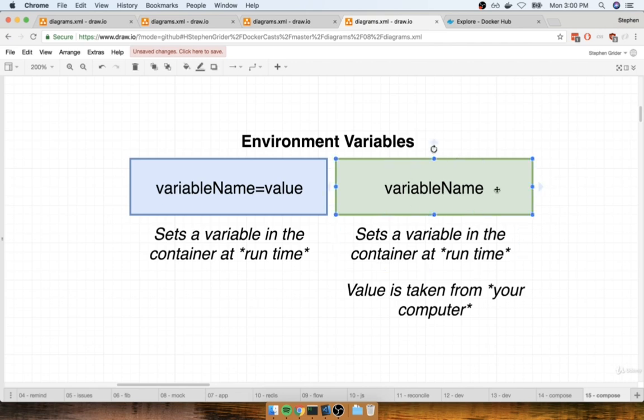And you'll see another syntax over here for setting up an environment variable on the right-hand side. You can specify just the variable name by itself without any equal sign or any value for it. If you specify just the variable name, then the value for this variable is going to be taken from your computer. So if you have some environment variable set up on your machine, like let's say some secret API key or something like that, that might be when you want to use this variable name syntax by itself without specifying any value. Because then you don't have to hard code in any specific value for the API key or for the environment variable. It'll be taken from your machine at runtime and it's not going to be saved along with the source